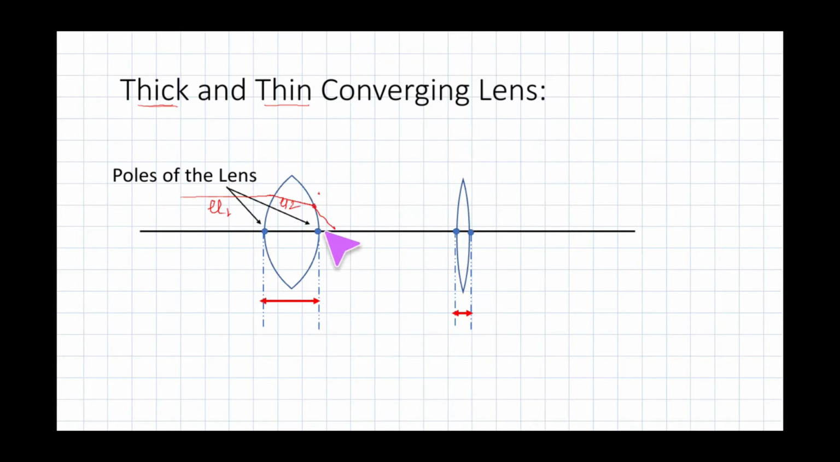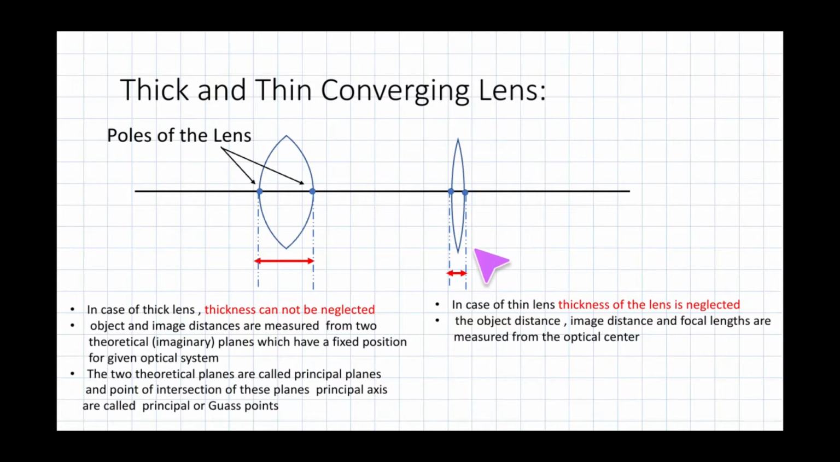So while considering this lens, where should we consider the ray to be refracted from? Either from this point or both points. This is a very important thing to be considered in a thick lens. But when we consider a thin lens, the important thing is that this thickness is very small. So here, in case of a thin lens, the thickness of the lens is neglected,